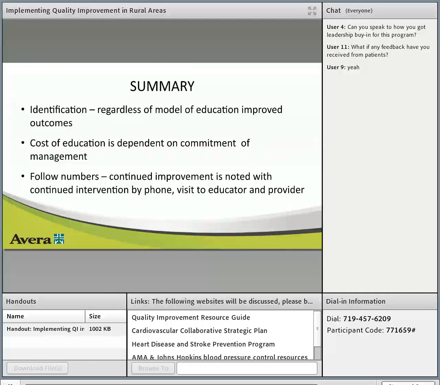You know, the cost of education is certainly consistent on the commitment by management. I think what we've proved through our primary care service line staff is that they're extremely pleased with that, and that overall the expense of education for our educators has been small compared to the dramatic drop that we've had in A1Cs. One of the things that we figured out was that follow-up is going to be extremely important, and I'm not telling you anything you don't already know, that all of those wonderful improvements are dependent on relationships and follow-up.